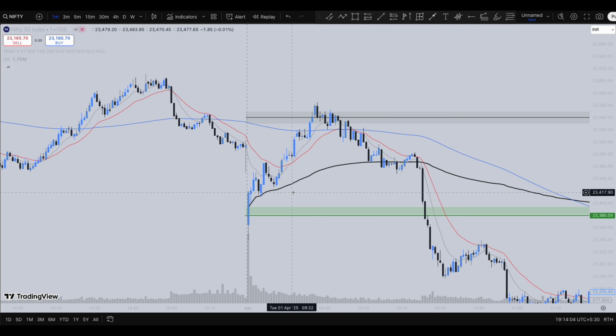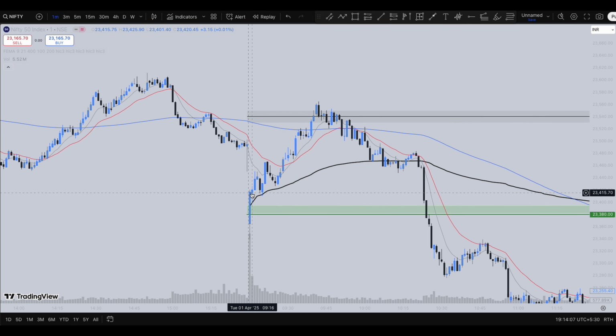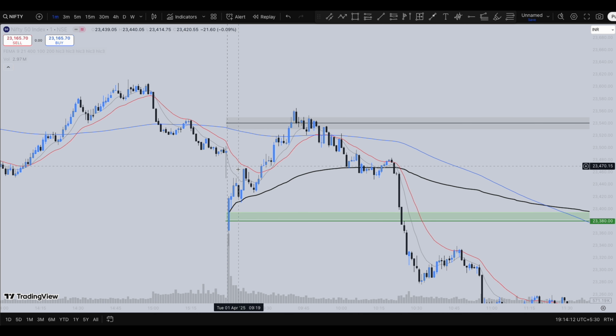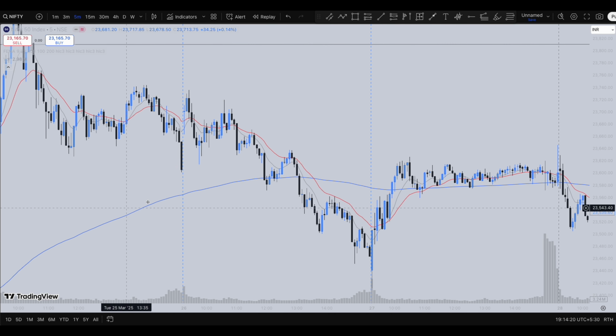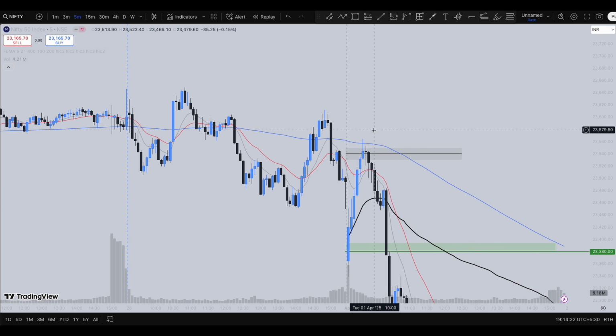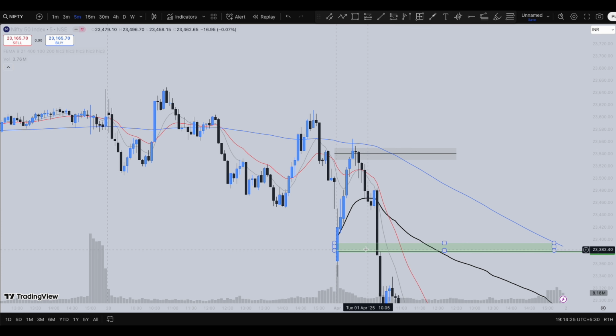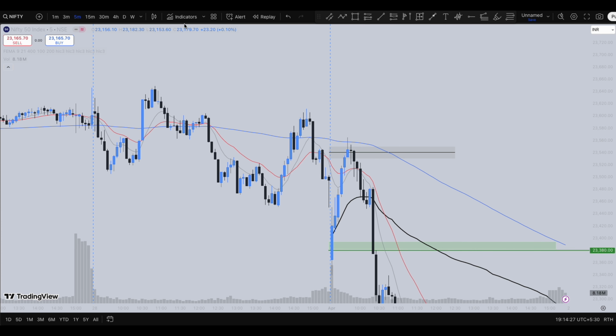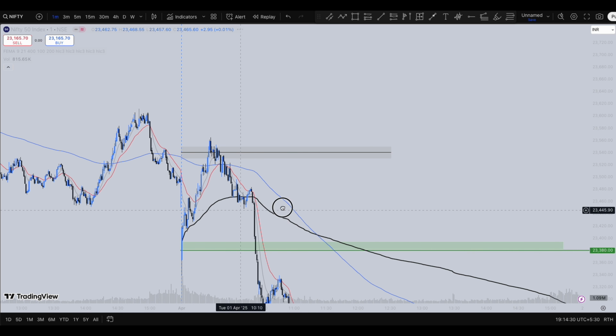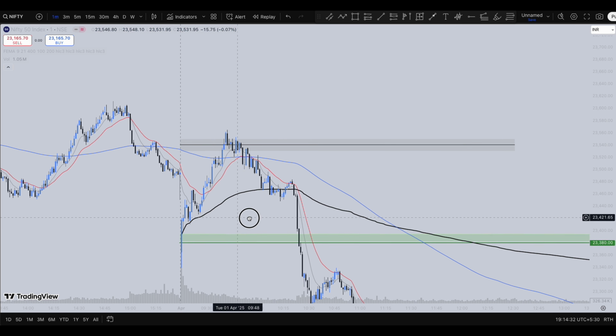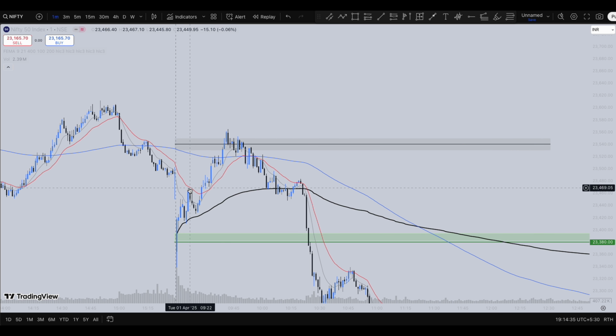upside. And whenever the market gap downs and tries to move towards the upside, there are two scenarios you could expect. You can expect the price rejecting from these levels, the 200 moving average or the 21 moving average, in a 5 minute or in a 1 minute time frame. You can see price rejecting from 200 moving average in a 5 minute time frame here, or the 21 moving average here. Or in case if the market doesn't reject price over here, you can expect some kind of upward momentum.